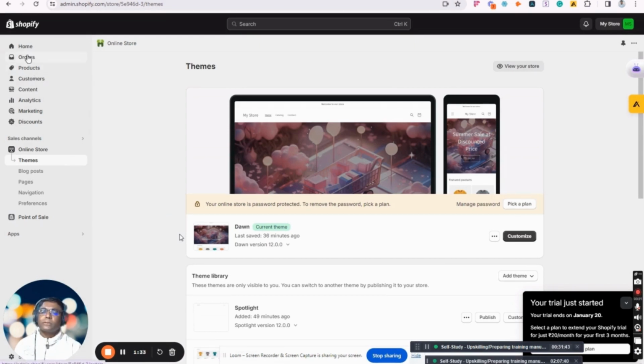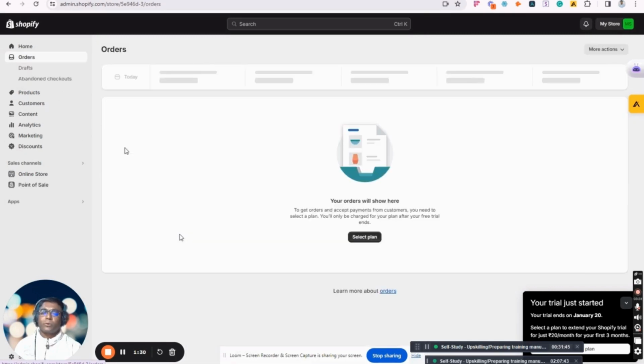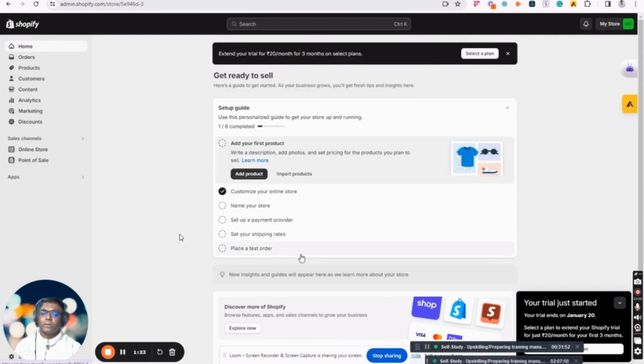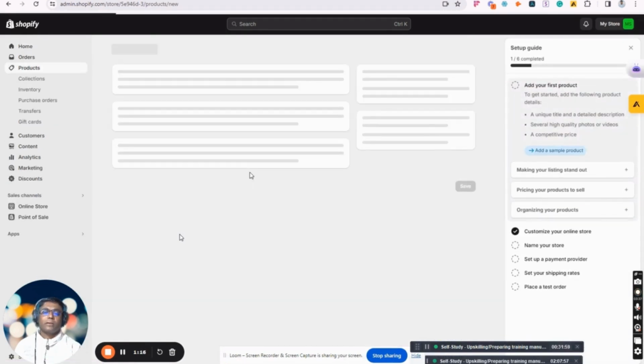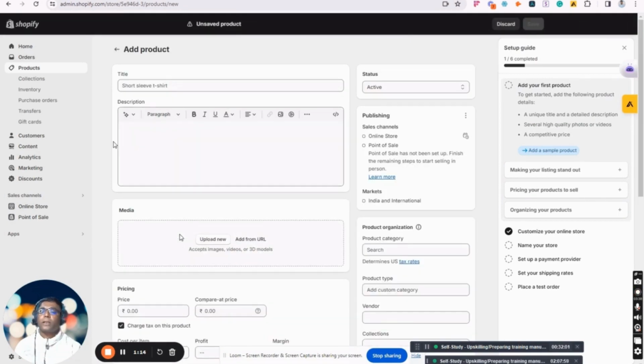Now the major thing is how we can go ahead and manage our orders. So once we are at our home page, it will give us the option to select our products. So first of all, we need to add a product. While adding a product, the first thing is that we need to mention the title or the name of the product. Now suppose it's kids fashionable wear,